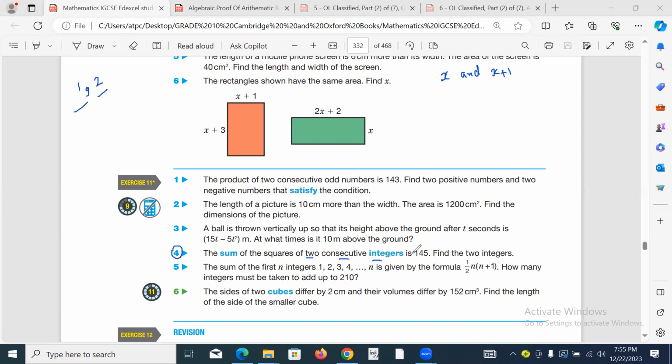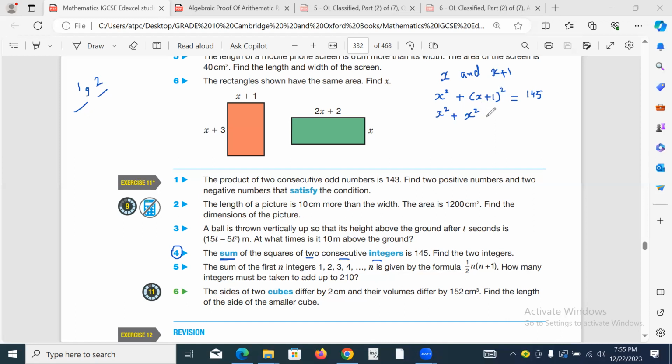The square of two consecutive integers means you have to take the square as well: x squared, and this is a sum, so plus (x plus 1) whole squared. The sum of the squares of these two consecutive integers is equal to 145. After this you can simplify, so it could be x squared, and if we expand this one,